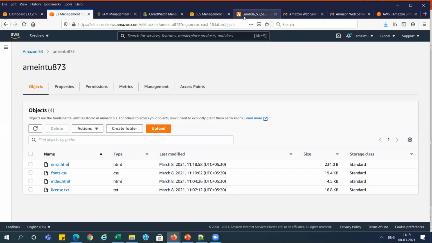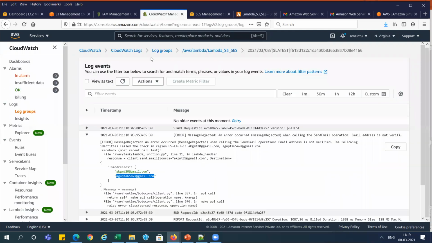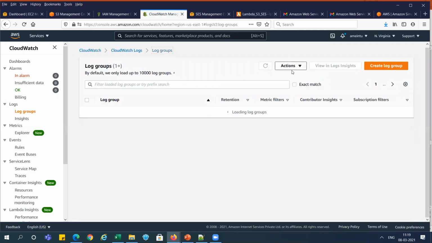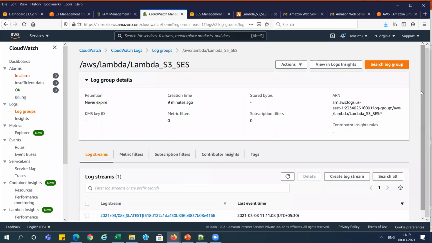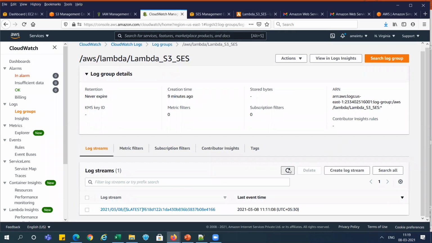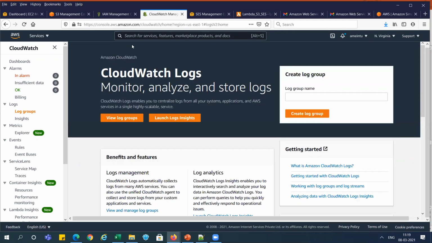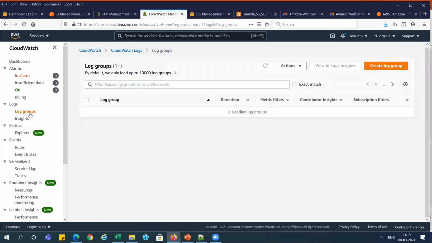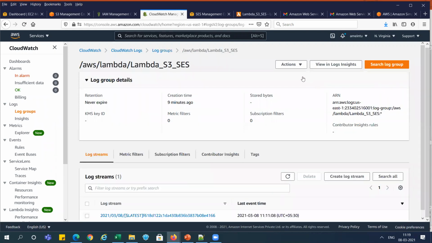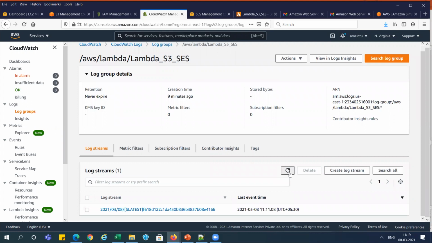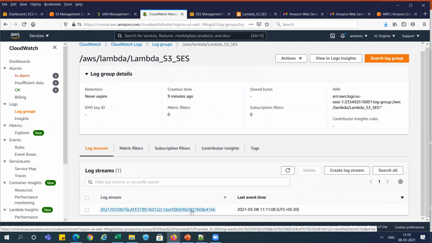And going back to the CloudWatch, just log groups. I'm going over there. I'm refreshing it. This is already there because you have not deleted that folder last time. Now we need to refresh it. I think we have not received so far. Let me refresh one more time. I think it is the updated file. Let me check here.